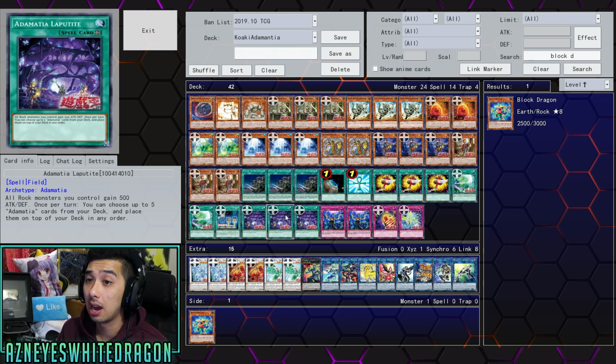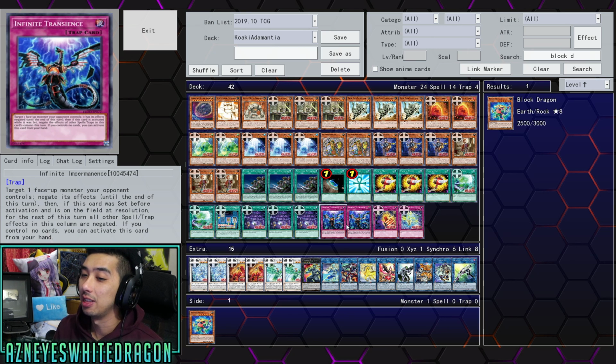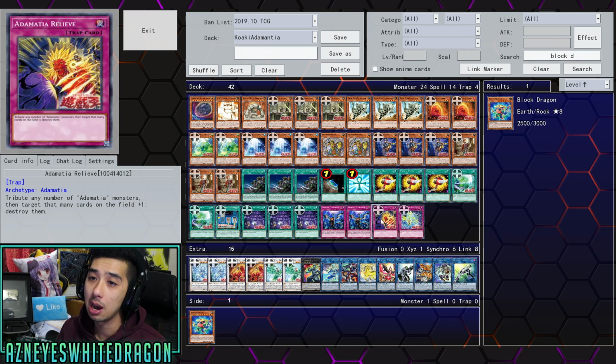And then 3 copies of Laputite. This is going to allow you to go ahead and stack your deck completely balanced with, of course, your water one, which gives you guaranteed bounce back at literally 5 cards. Super OP. And then we've got 2 copies in permanence, 1 copy of the Relief over here, which lets you,